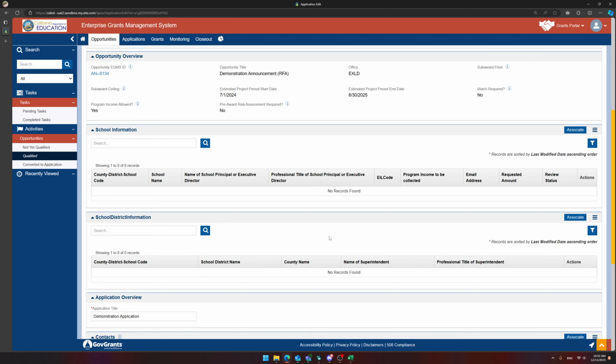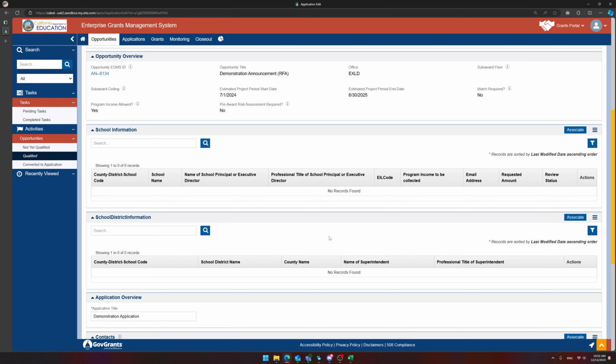And then there's a couple of things that we need to fill out. For the school district, it's really simple. We just edit and we can change the title of the superintendent to superintendent. The reason why we don't auto put this in is because later on down the line, we have heard that sometimes they use different titles, so additional titles will likely be added here later. But for the time being, we're going to go and select superintendent and save. These other fields being editable is not right. This is a bug. My team is working on getting that fixed. These should not be editable. So we'll save that.